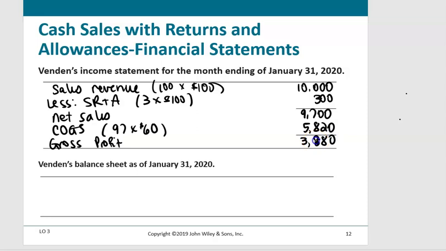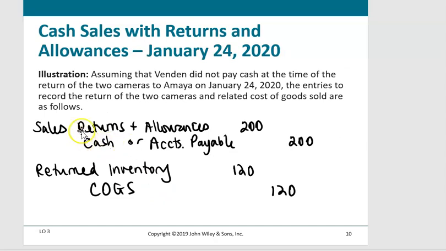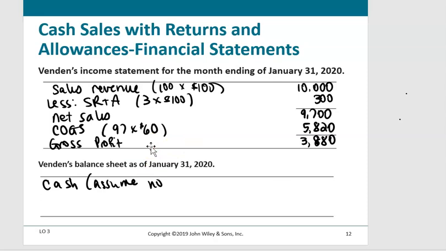And that makes sense. Whether we had the sale on cash or for a receivable, those are both balance sheet. We're changing the balance sheet, not the income statement. So let's look at what happens on the balance sheet. Let's say we didn't make that payment yet to the customer for that return, because we don't have a beginning balance in cash. We're not going to report cash as a negative amount. Assuming no payment to customer,